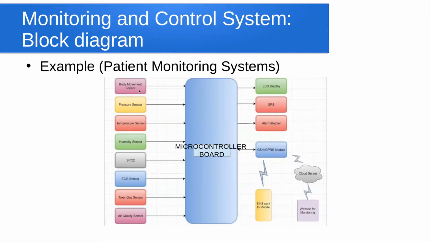For instance, there could be a sensor attached to the wrist or to the back of the patient that reports the XYZ coordinates and the UVW coordinates or velocities. That is translated into A to D, and then read by the microcontroller on the board. Or it could be blood pressure or atmospheric pressure, a temperature sensor, a humidity sensor,